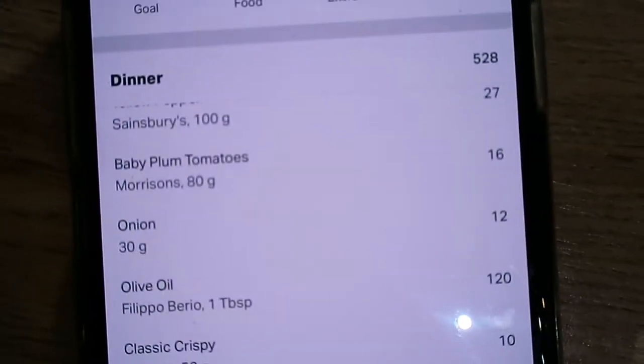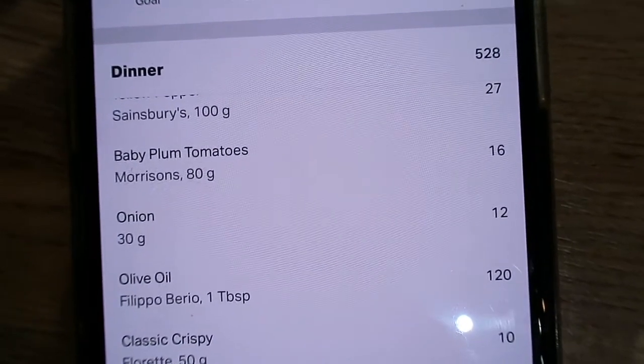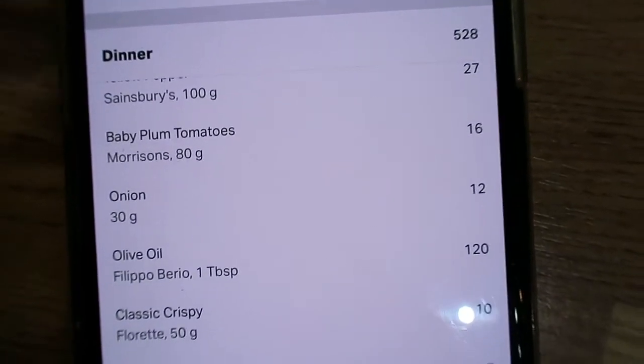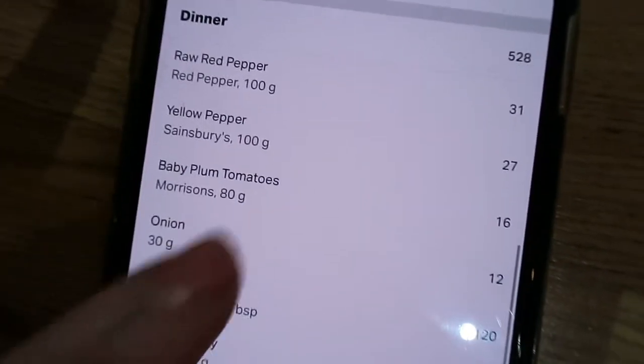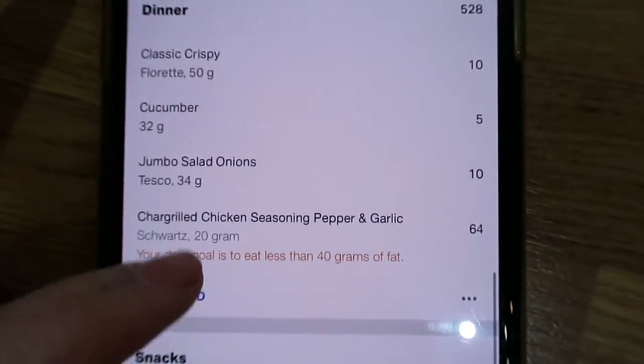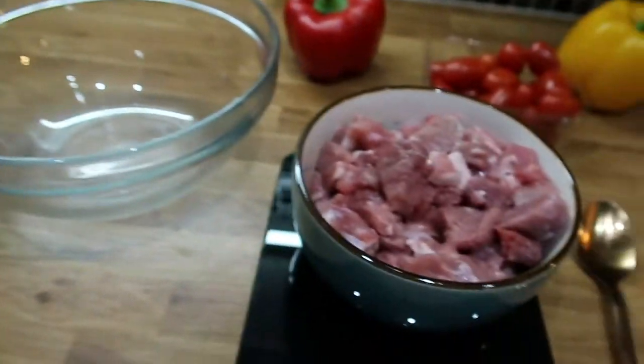Is that fixing? Yeah, there we go. So you can see that the full calorie amount for this meal is 528 calories. Basically everything that I'm going to use, I've already weighed out and put in. So I just need to transfer the turkey into this bowl,